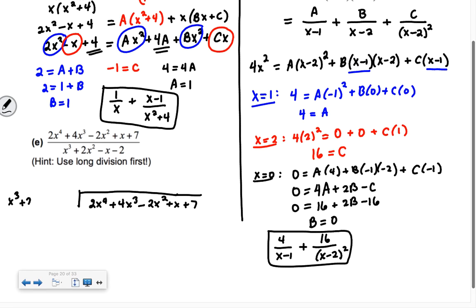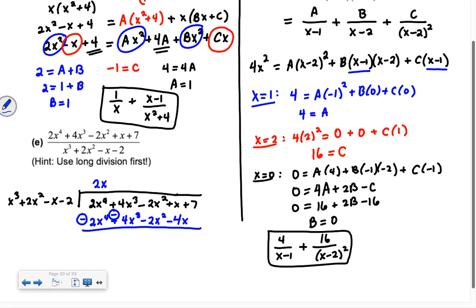Oh, you'll be fine. It'll take like 2 steps. Okay, so here we go. So what do I multiply x cubed by to get 2x to the 4th? 2x. I take that 2x, I multiply by everything in the divisor, so I get 2x to the 4th plus 4x cubed minus 2x squared minus 4x. I draw the line and I